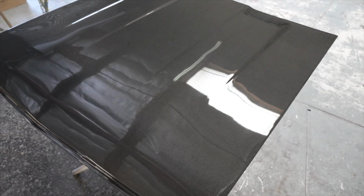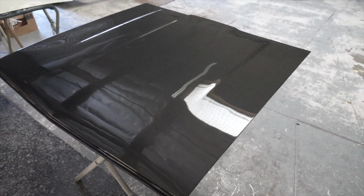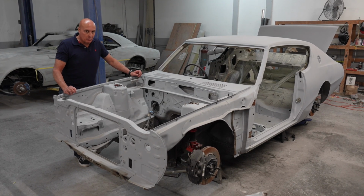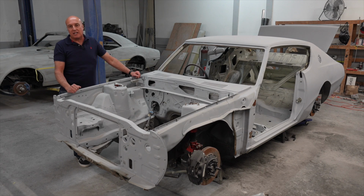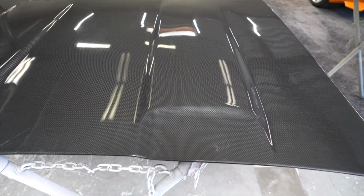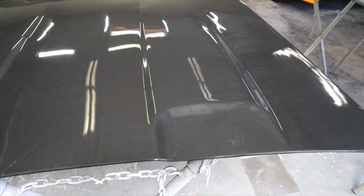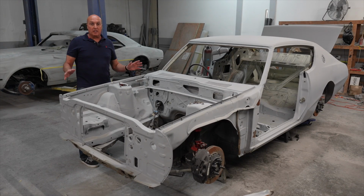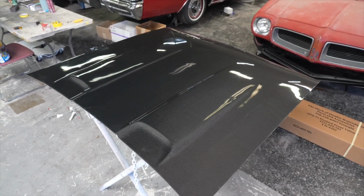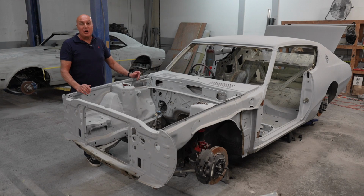We're pretty picky at Just Driven, and unfortunately we're going to take that fiberglass hood and we are going to have to rework it significantly. We're going to have to add volume to the sides so that it has a nice even fender to hood gap. But again, that's what happens when you're dealing with aftermarket parts. I would love to put a factory stock Kenmeri hood on it, just can't find one. And the ones that are available are pretty much in the same condition as the hood that came with this